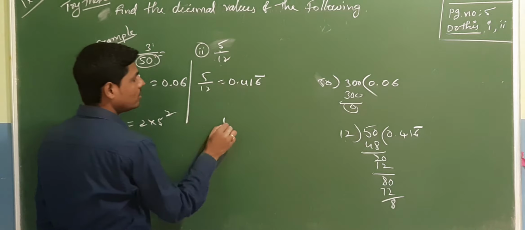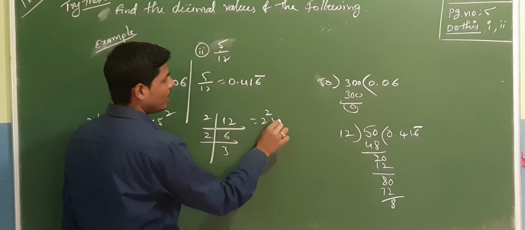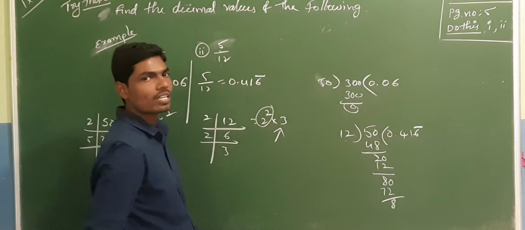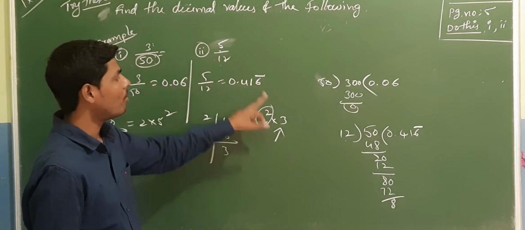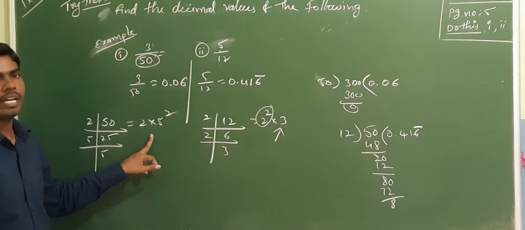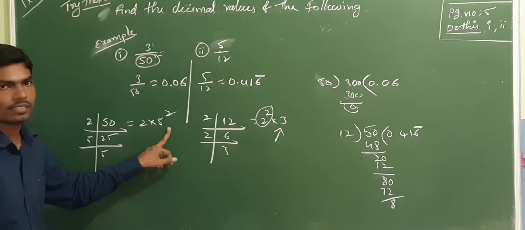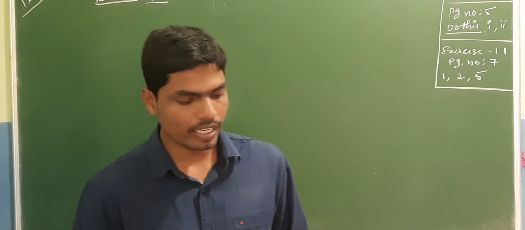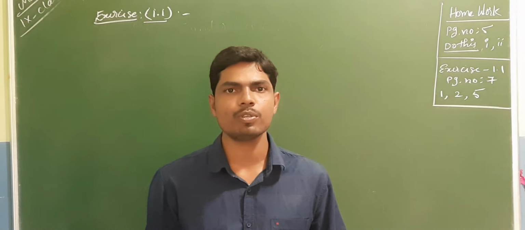Now take that for 12, LCM. 2 6s are 12, 2 3s are 6. So you got 2 square into 3. Yes, 2 is okay, but you got 3 also. Other than 2 and 5, you got 3 as a number in the denominator. That's why it is not terminated. So the other one is terminated. Why is it terminated? In the denominator, you have only 2 and 5 as the factors. Okay? Here children, all the concepts from the real numbers chapter in your textbook are completed.